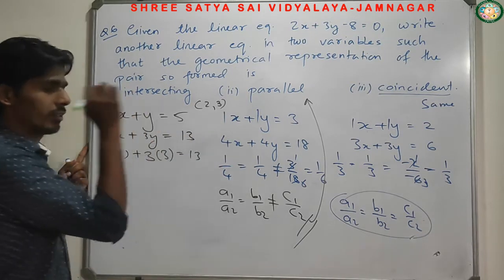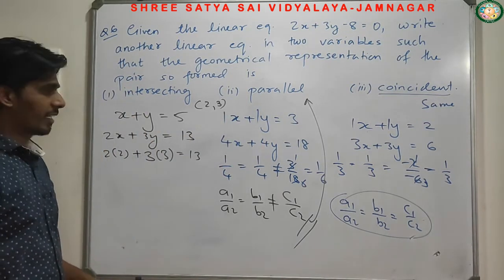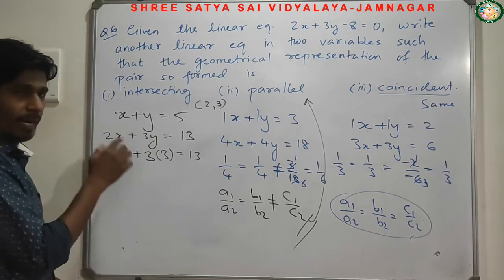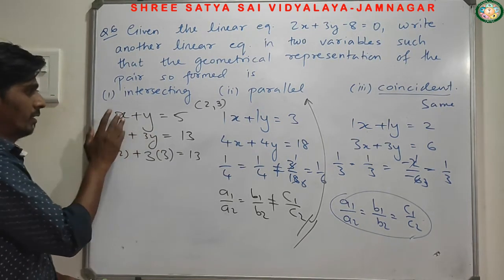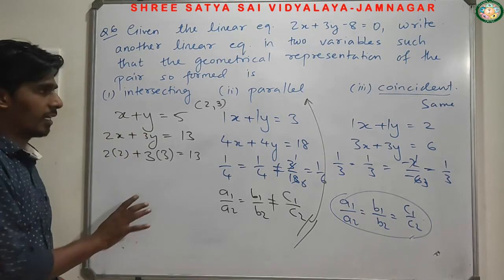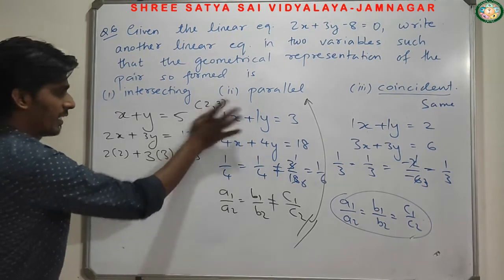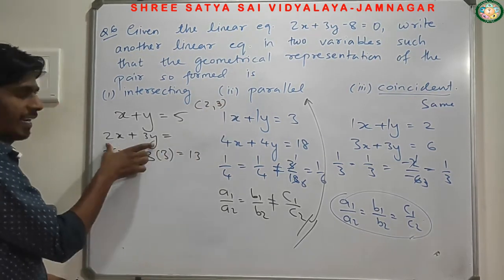So here I am going to write what? 13. I am repeating again. x plus y, I wrote 5. So you can take any value. It might be 1 plus 4 and it might be 4 plus 1. It can be any number. But just for example I took 2 and 3 here, and here you can write anything.